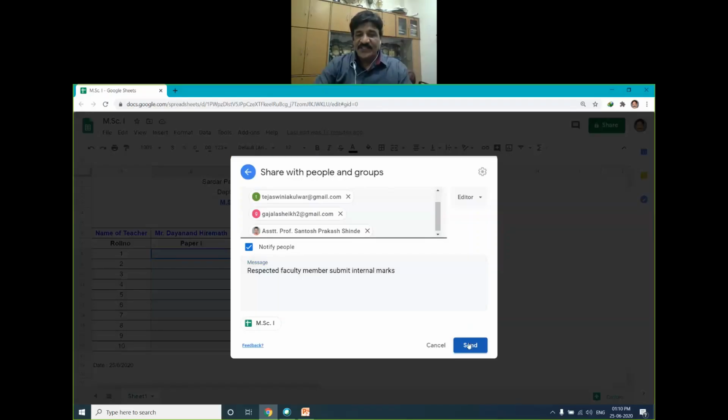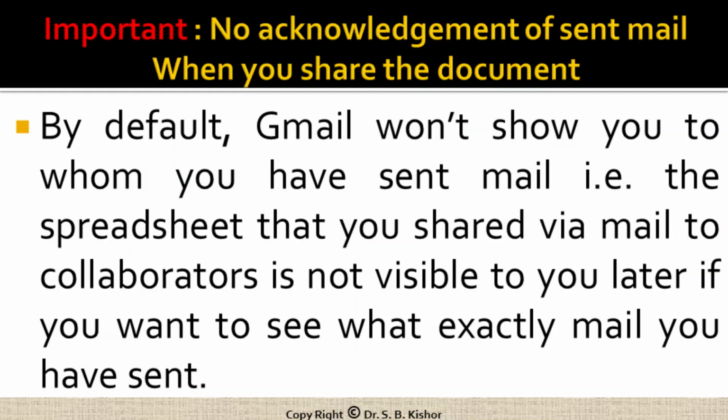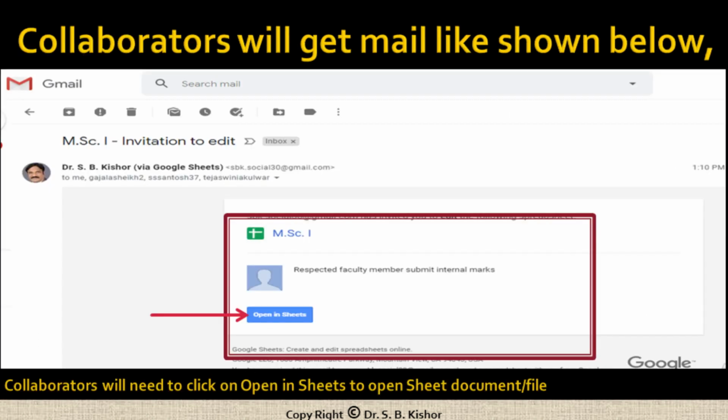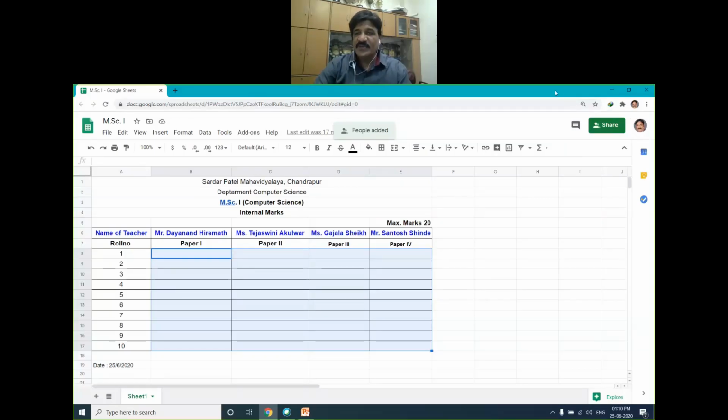As soon as I click on the send button, they will get a mail, and they will be able to start filling in the marks.